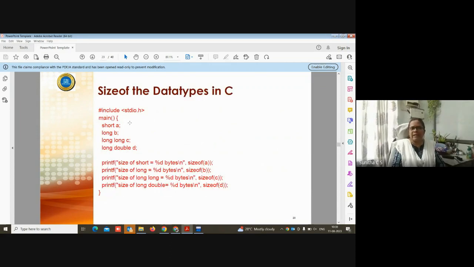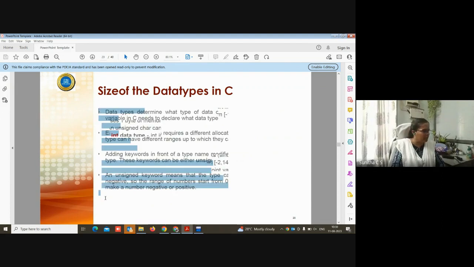So, and we can see what is the size of, okay, I'll just copy this thing. I don't want to. What's happening?